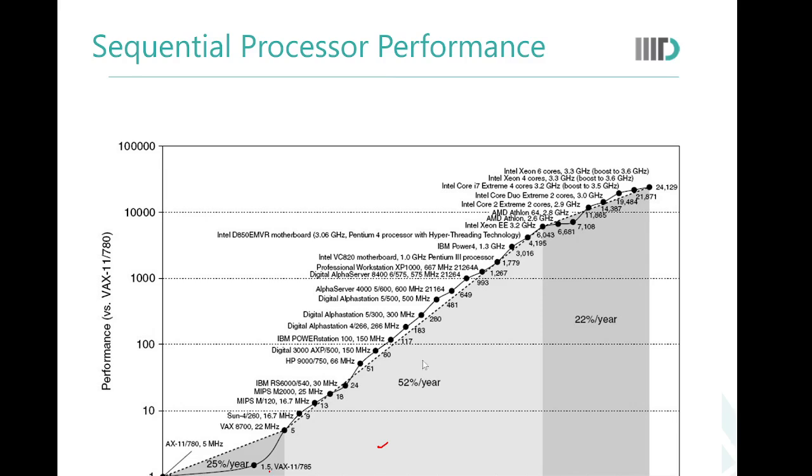In a logarithmic plot, if you see that the growth is almost linear, that means the growth is exponential. So, basically these dots are almost linear on a logarithmic scale, which means this growth has been exponential. You see that almost 52% growth in performance every year we could achieve for a long duration, which is phenomenal.